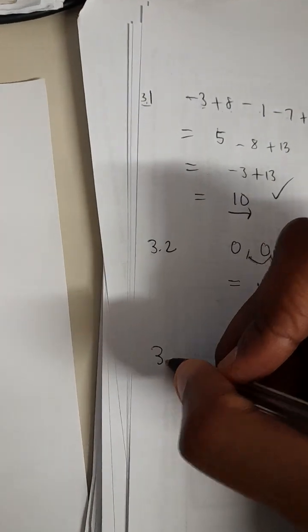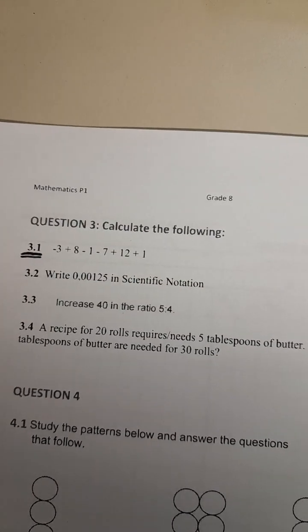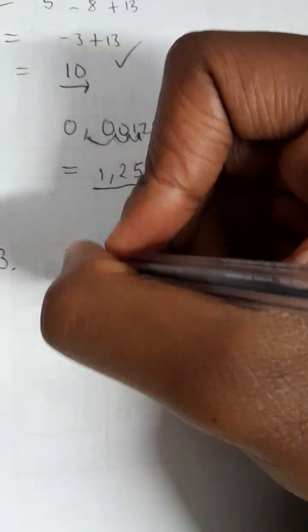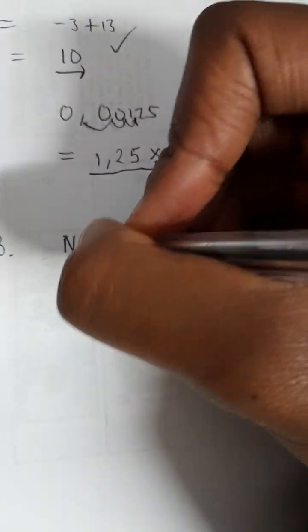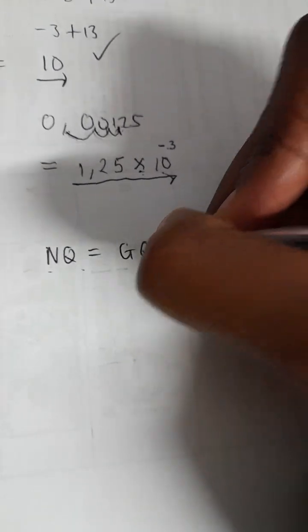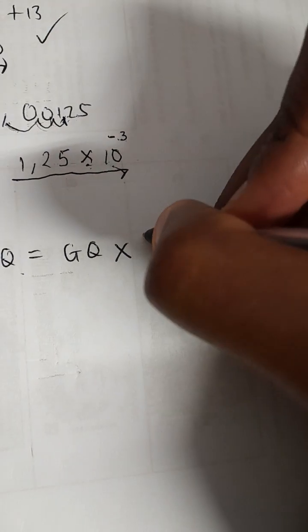Then 3.3 says increase 40 in the ratio 5:4. Increase 40 in the ratio 5:4. So whenever we do these types of questions, I like formulating this formula that in order to get the new quantity, NQ stands for new quantity, we take the given quantity, we multiply it by,